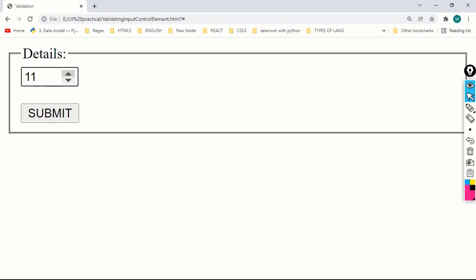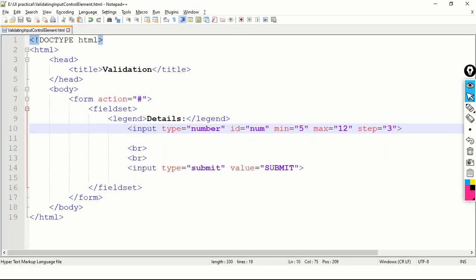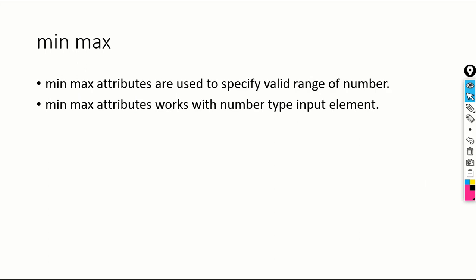So the remaining two steps are excluded. Again click on the up arrow, it is not taking, the reason is the maximum range is 12. Correct. In this way we can control the range of number type elements. Now let's move on.